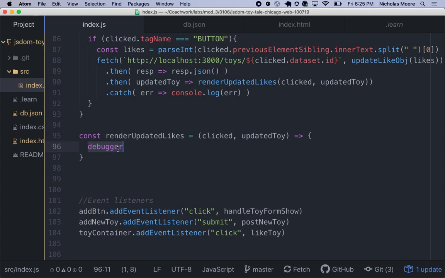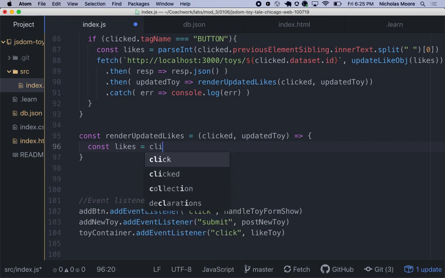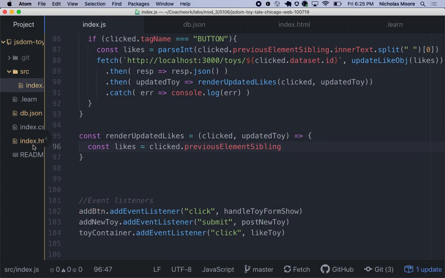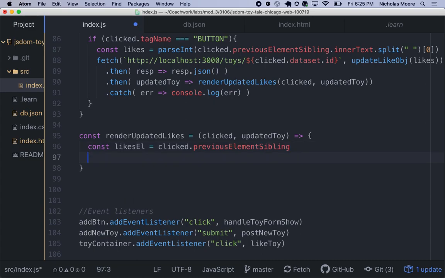So I can say const likes equals clicked dot previous element sibling dot, right, likes L. So likes element equals clicked dot previous element sibling, which is the p tag for the likes, and then we can do updated toy dot likes triple equals 0 question mark,